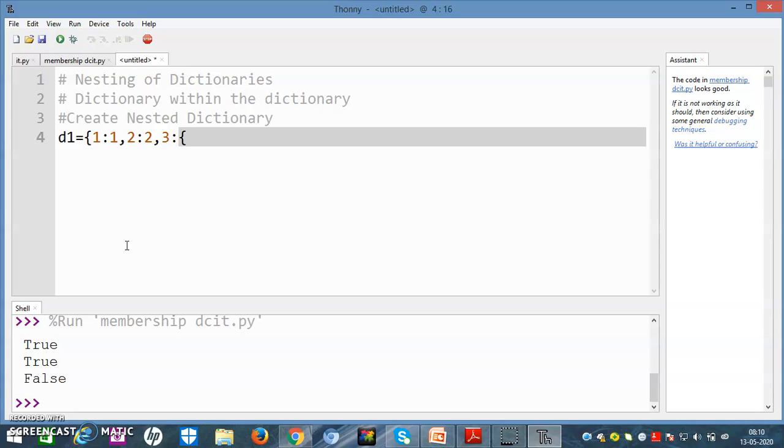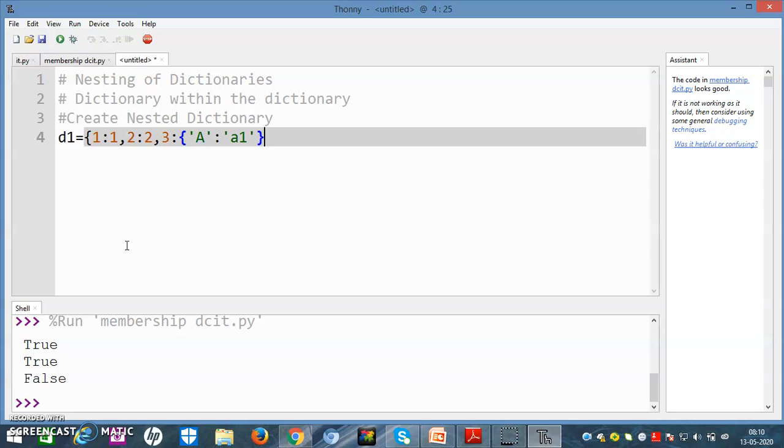Now in 3 I will start writing whatever I want to write, A1, whatever you want to write. It depends on the question how the nested dictionary will be made by you. So any number of elements can be given. I will close it.